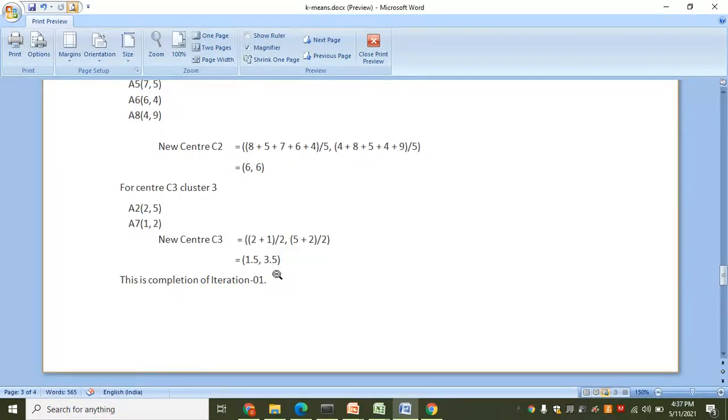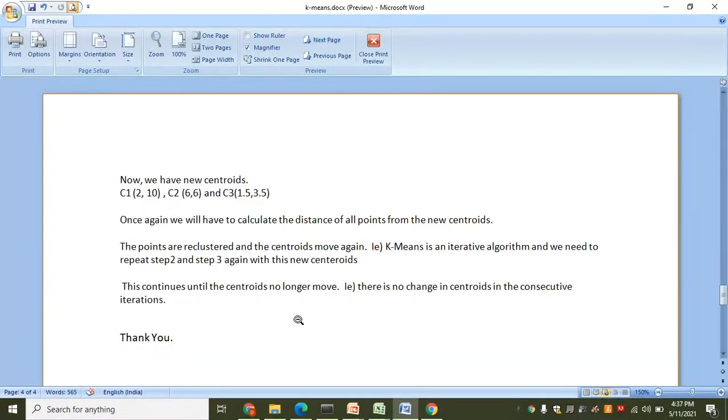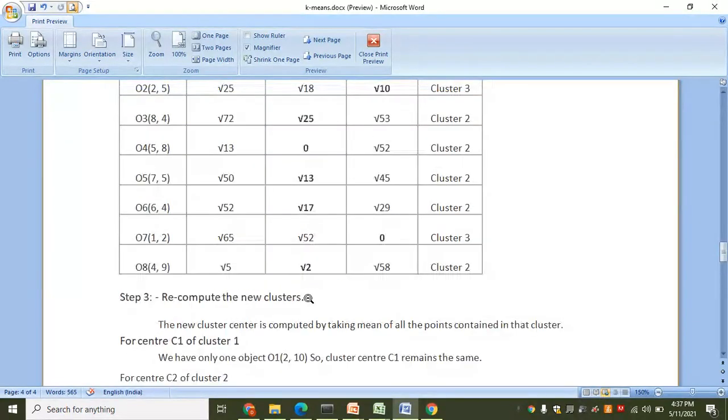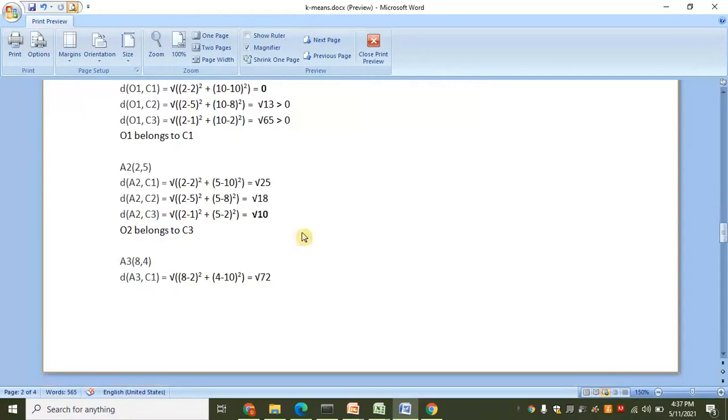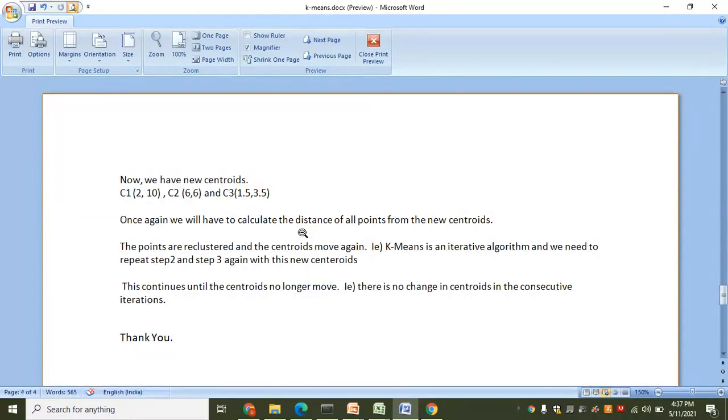So how many iterations should we go? Let's see. Now we have the centroid C1 which is (2, 2), centroid C2 (6, 6), and centroid C3 (1.5, 3.5). So we started with the centroids C1 (2, 10), C2 (5, 8), C3 (1, 2). And now after the first iteration, the centroids are C1 (2, 10), C2 (6, 6), and C3 (1.5, 3.5). Now